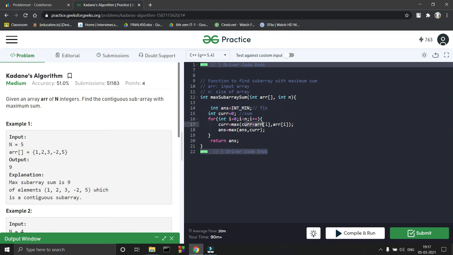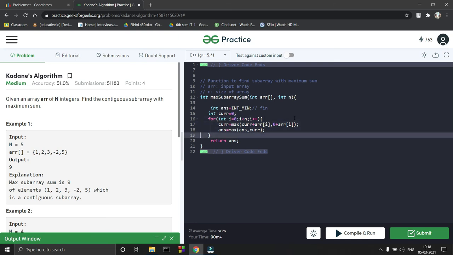Okay, so my current is 0 initially. So as you can see that I have taken current as a max of current plus arr[i], or you can say 0 plus arr[i]. Yeah, i should be less than n, and current is equals to max of current plus arr[i], 0 plus arr[i]. As I have explained you, whether minus 9 plus 3 is greater, or 0 plus 3 is greater. The same case is being coded in line number 17.